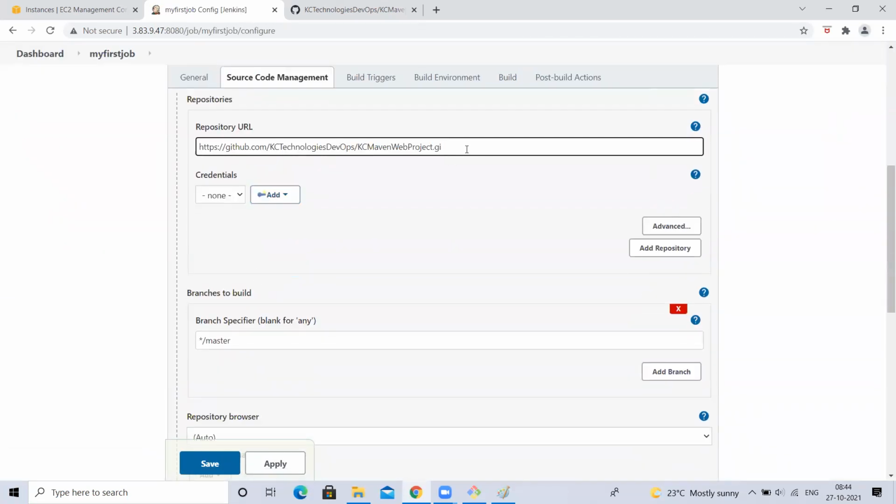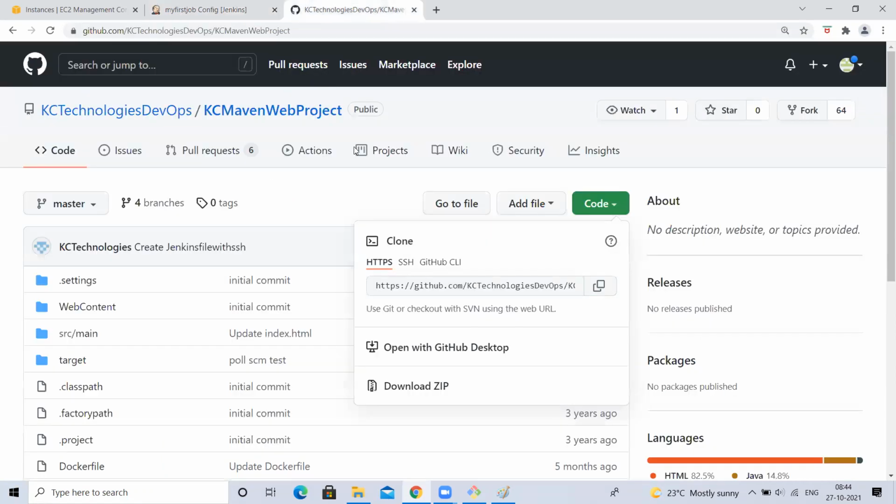Now, if I type something here and click here, is it throwing any error? No. No, which means my Jenkins is able to connect to this GitHub repository. Yes or no? Yes, sir. Okay. Now one thing, is this a public repository or a private repository? Public. This is clearly saying it is a public repository.